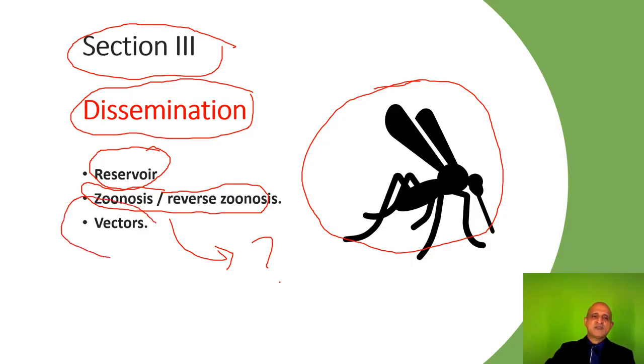And then the presence of suitable vectors. Certain viruses may complete their life cycle in specific vectors, such as sleeping sickness, malaria, and the dengue, and this may require the presence of the vector in order for them to be disseminated across the population.